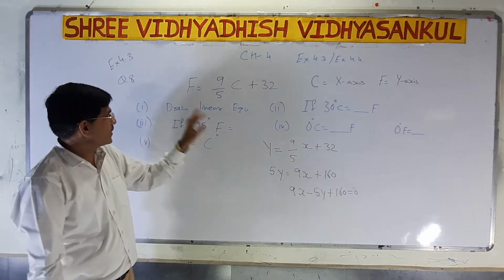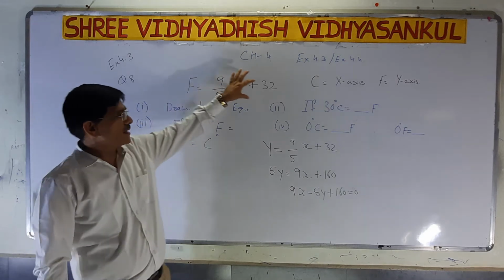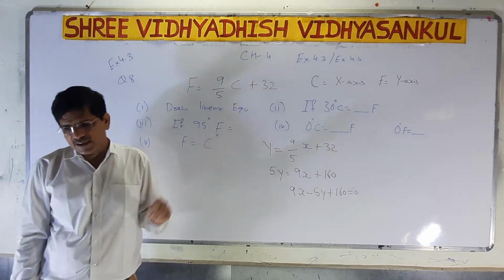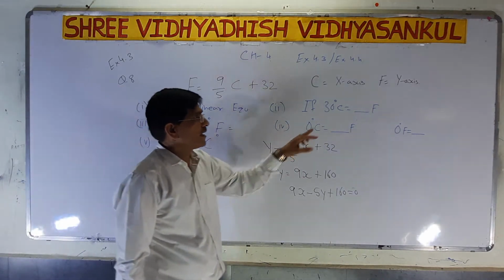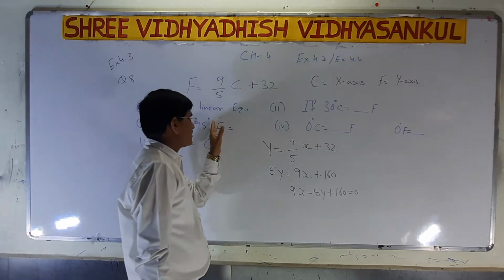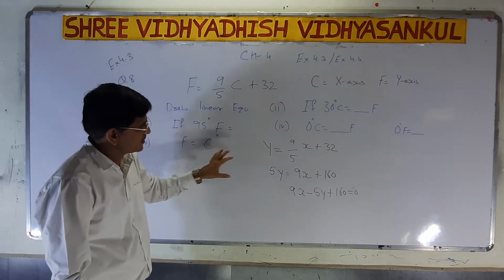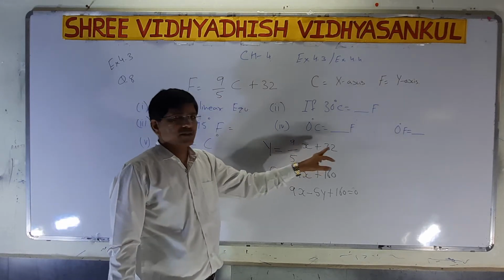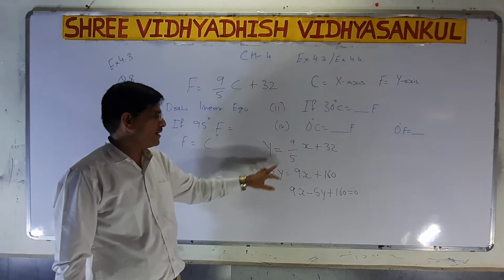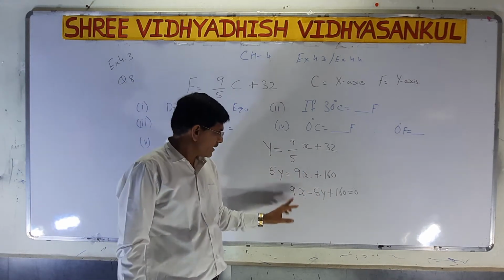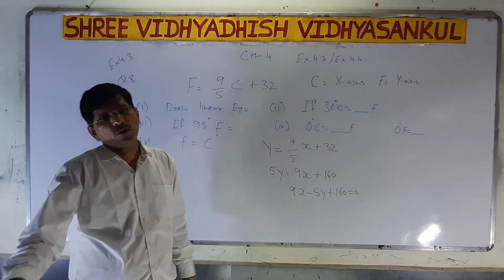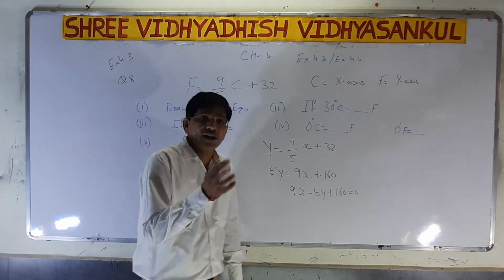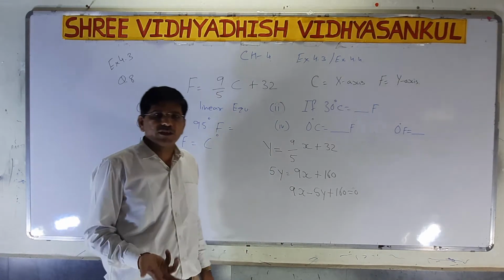The question is to draw the equation as a linear equation in two variables, where Celsius is on the x-axis and Fahrenheit on the y-axis. The equation is y is equal to 9 by 5 x plus 32. Shifting the 5, we get 5y is equal to 9x plus 160, that is 9x minus 5y plus 160 is equal to 0. Now you can assume x is equal to 0 to get y, and assume y is equal to 0 to get x. So we already have two solutions.